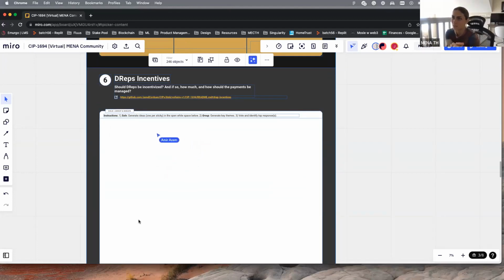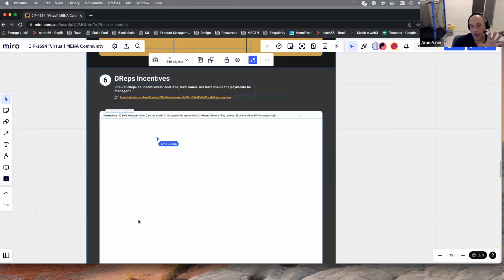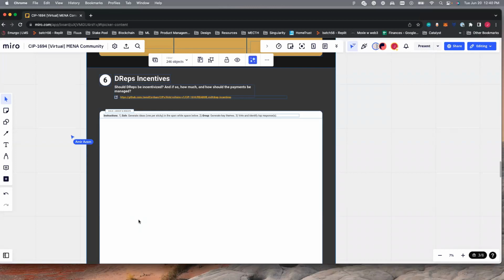I think this is a tough one. I find that the Catalyst portion is very good: for the people who are the proposers that ask for the money, a portion of that money goes to the people that voted and the people that assessed the proposal and so on. So I think that same breakdown should happen for DREPs and be included in that. I think so. That's a really good idea.